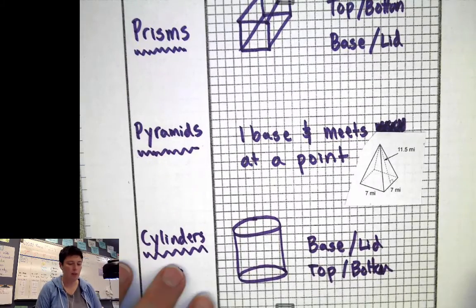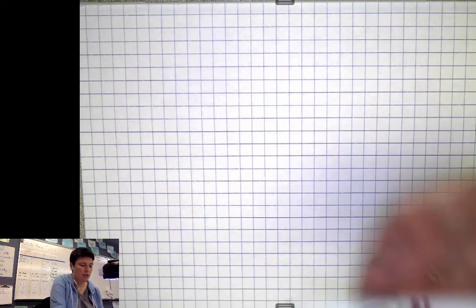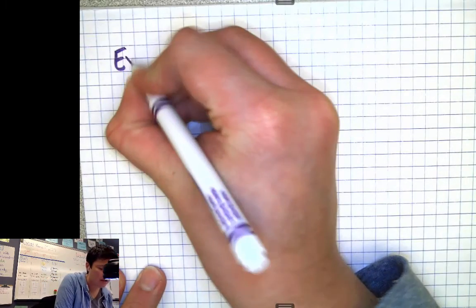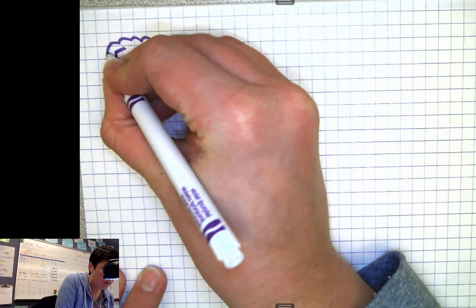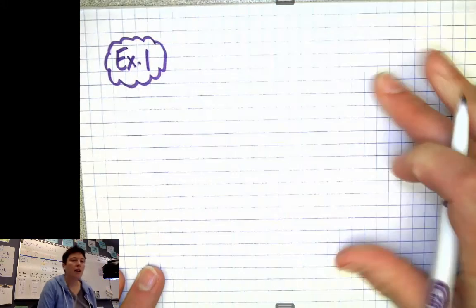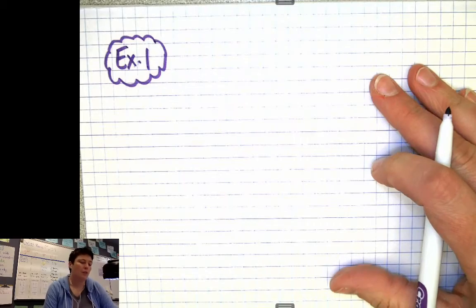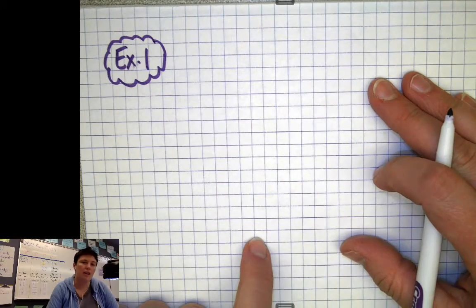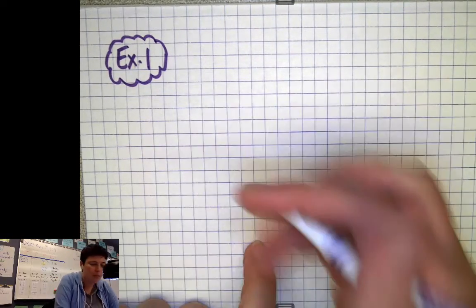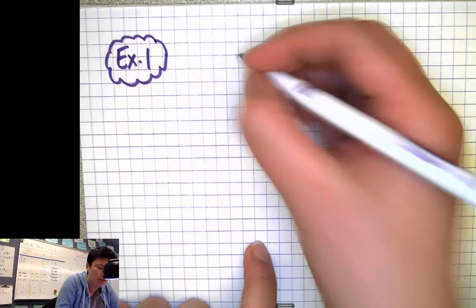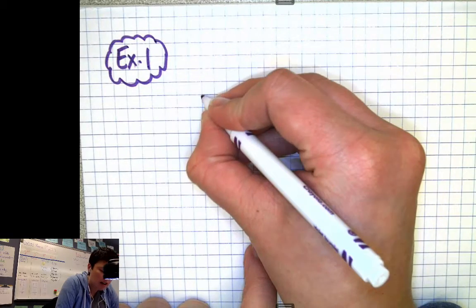So let's just do a little bit of practice here for a few minutes. I'm going to move this out of the way, and let's try an example. So we're going to do example 1. And for our first example, why don't we start with a prism? So for our prism, what I'm going to do is I'm going to draw a triangular